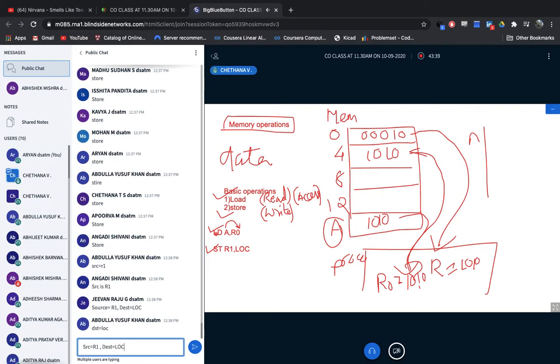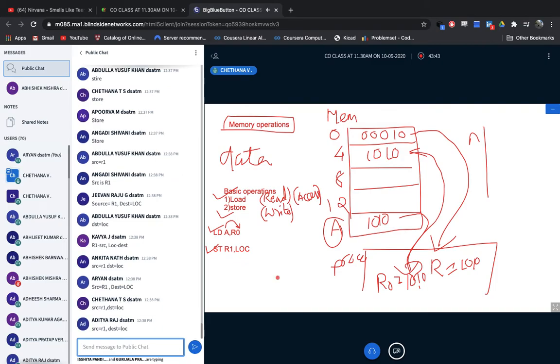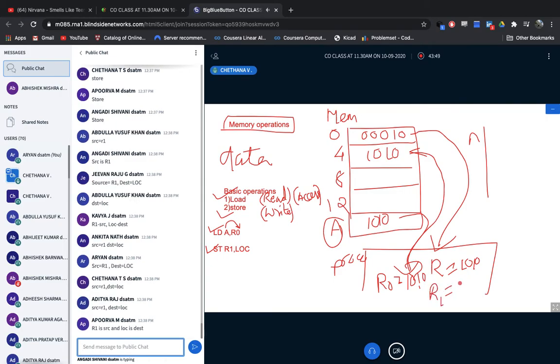That means now I'm writing the data into the memory location. So my data in R1, I'll write it here. One example: R1 is equal to, shall I write it as 1000? I'll write 1000. So R1 is 1000. That is nothing but R1 data. I am going to store it in memory location.